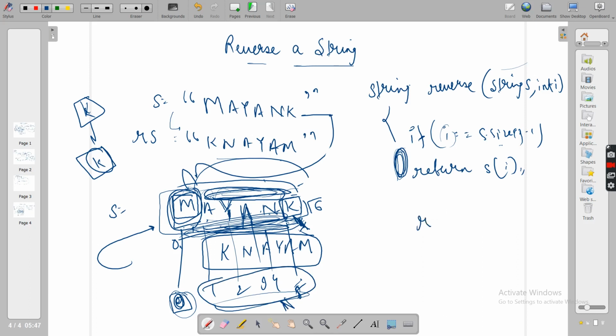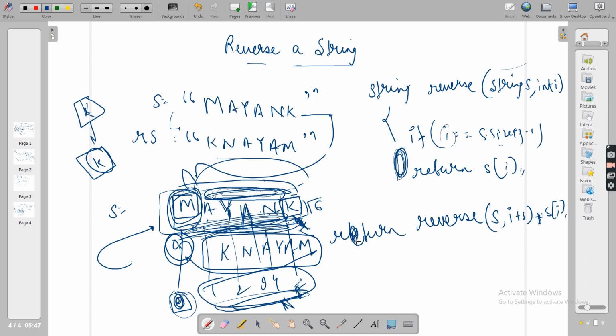All right. So I'm writing the hypothesis, and I'll write the induction step: reverse of what? Reverse this string s, but from where? From index I plus 1 this time. Give me the reverse, and see what I'll do here, guys. This zeroth index value, this ith index value, you add it at the last. So you will add s of I at the end, and then you have to just return the entire thing. That's it. So this is what the recursive solution will look like.